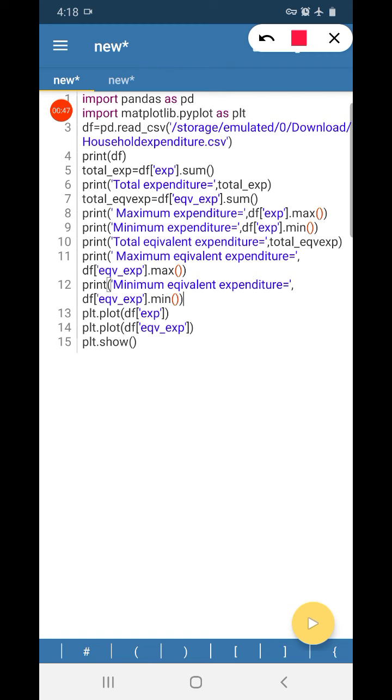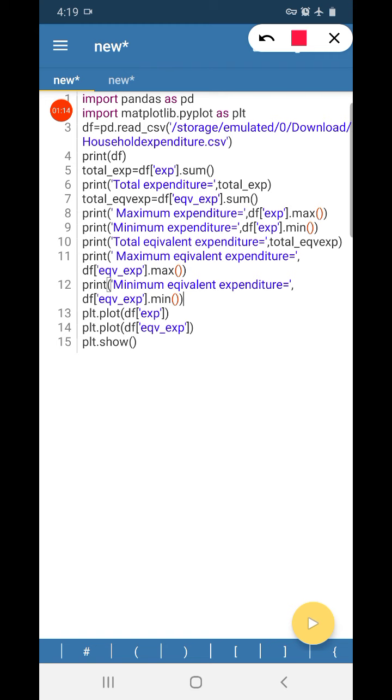So, total expenditure I am calculating. We have a column exp, so the total expenditure I am calculating is df of exp, that is from the data frame df, from the column exp compute the sum using the sum function, that is df square bracket exp, where exp is a column in the data frame df.